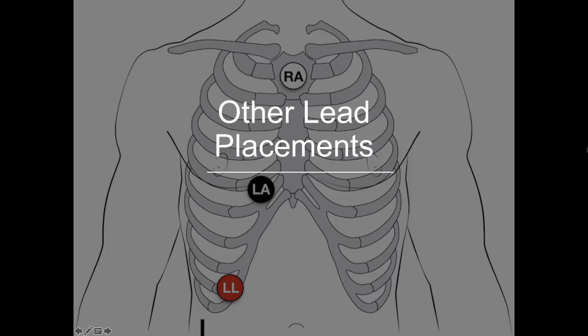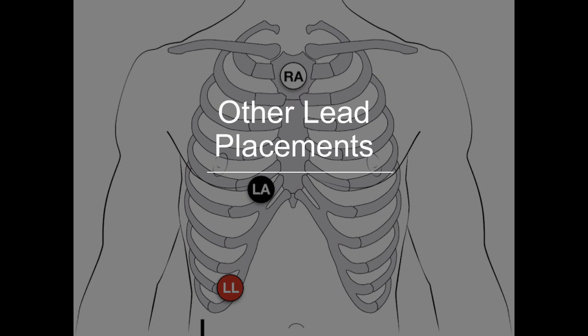Lastly, out of all of our miscellaneous stuff that we're talking about here, let's talk about other lead placements. So we know our typical 3 lead, 4 lead placements. We know our typical 12 lead placements. We've talked about right-sided 12 leads. We've talked about posterior views. But let's talk about some other stuff that we can play around with and highlight different portions of